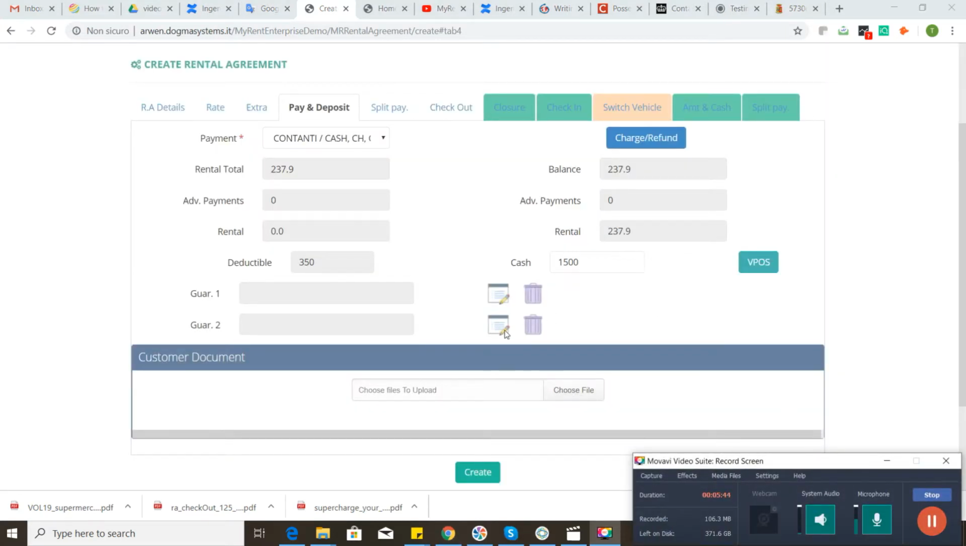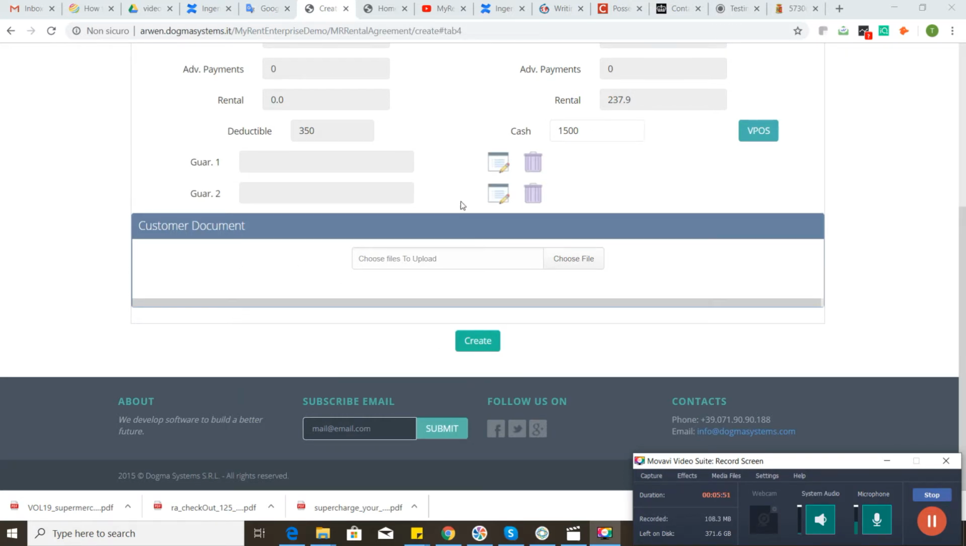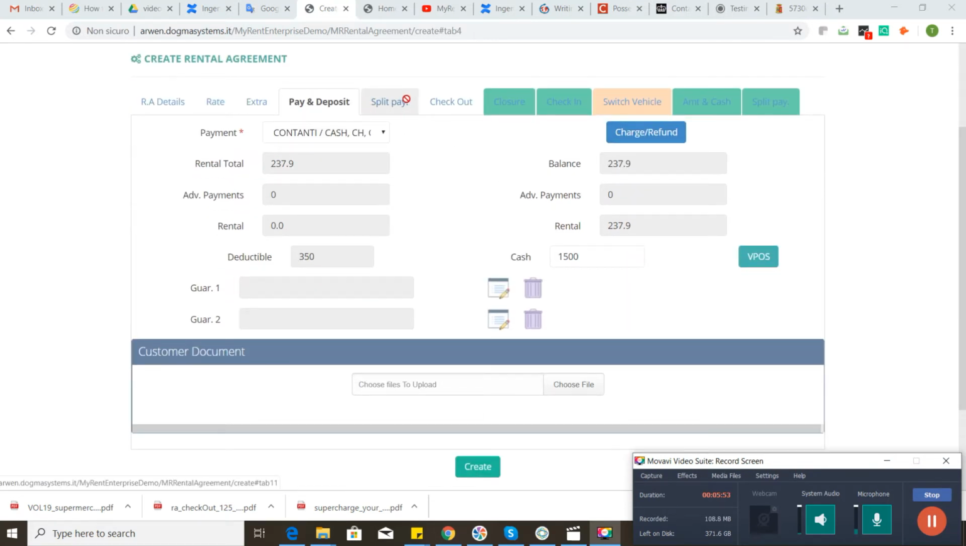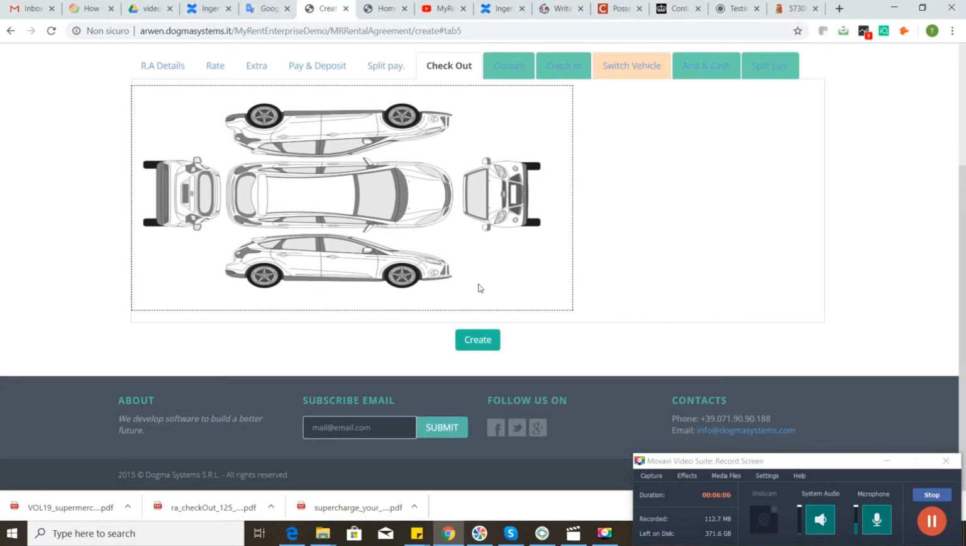So we can see the information over here. We can also upload customer documents necessary for you. Again, split payment is a function which we are not interested in now, as it's explained in detail in another video, and we can click directly to checkout. We see here, for example, if the vehicle had a history of damages and previous notes. In this case it doesn't exist, so we click on create,